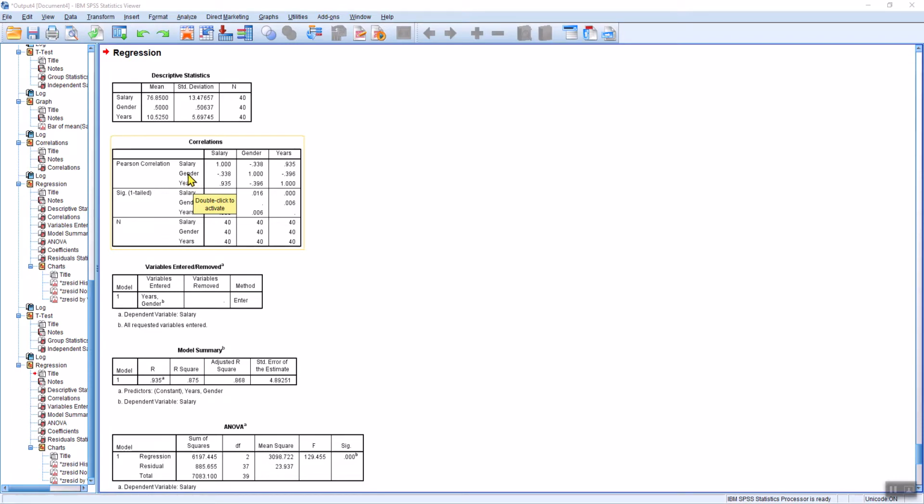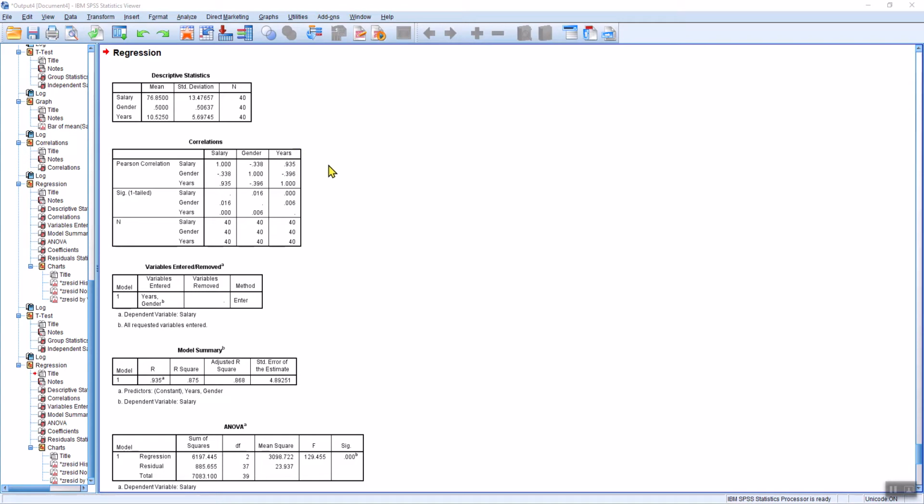So you have to cross-index. Let's do gender over here with years. And there is a significant correlation. We can see the significance down here, 0.006. There's a correlation, a negative correlation between gender and years. And because we have that correlated predictor, 2 different correlated predictors, we need to check to see whether we have